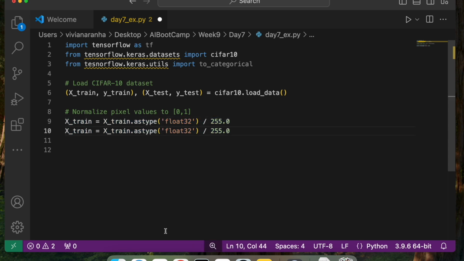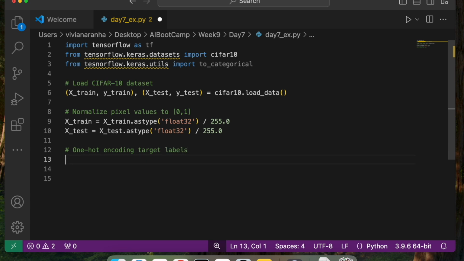I will do the same thing for my test data set: x_test.astype float32 divided by 255. Perfect.